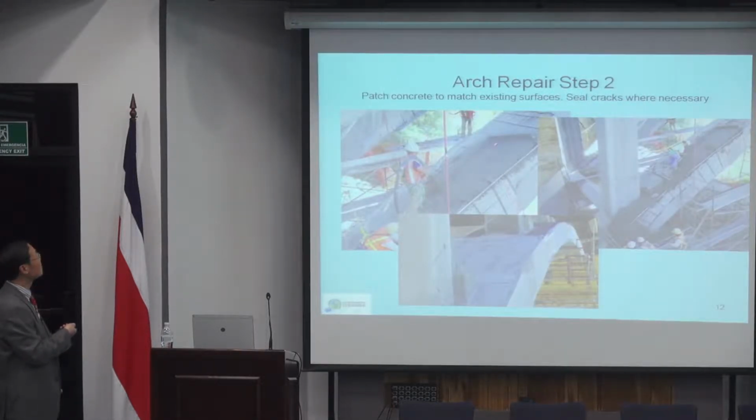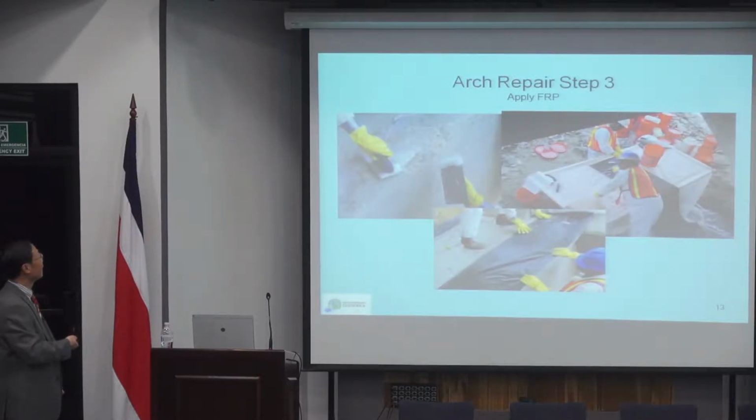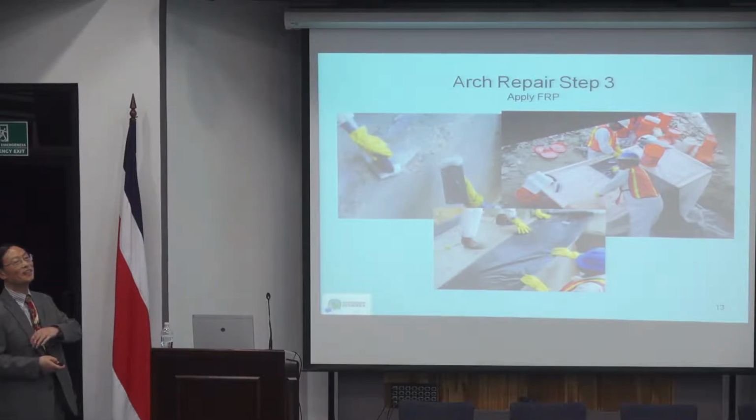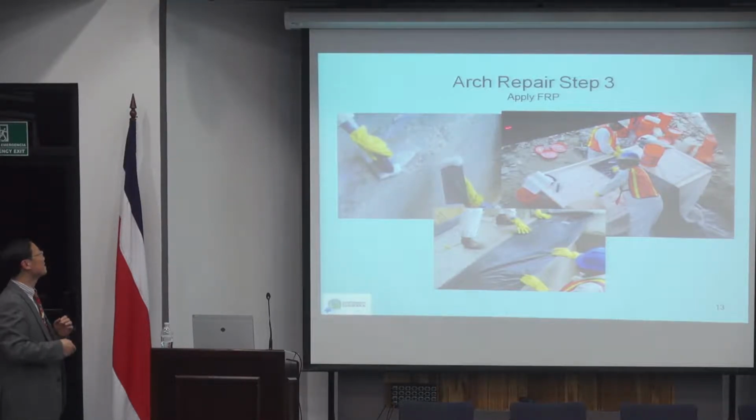These are the operations like this. First, they sealed the cracks with epoxy, and then they applied shotcrete to the area where the poor concrete was removed. And after that, for small imperfections, they did not use any concrete or cementitious compound. They simply used an epoxy paste to fill these small imperfect areas. And then they used FIP material to